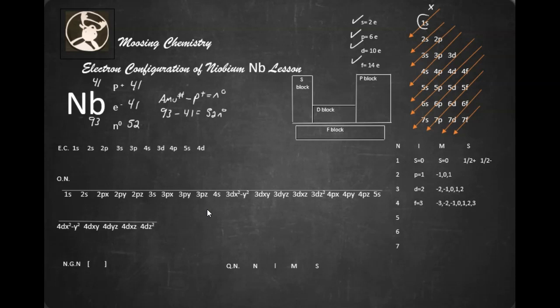So we want 1s2, there you go, there's 2 electrons used up. And then we go to this one here, 2s2. All right, then we go to this slide here, 2p6, 3s2. We go to this slide here, 3p6. Then we go 4s2. Pretty darn easy, huh? Then we go to this slide here, 3d10,